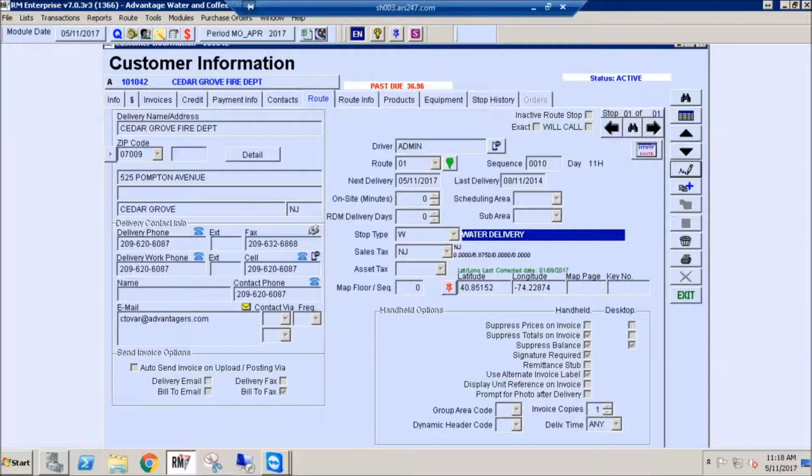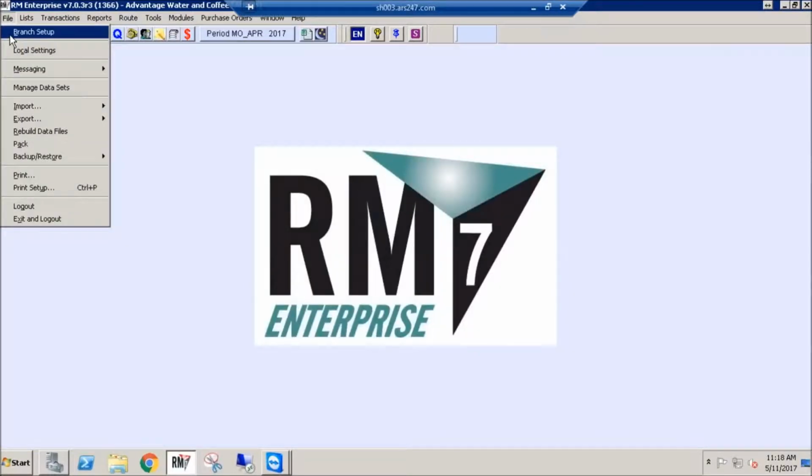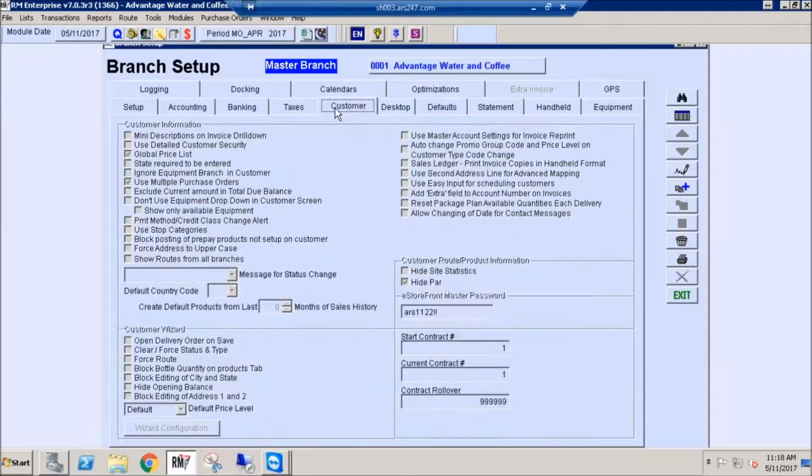Okay, one more feature we'll talk about here for the desktop is we now offer the ability to create default products from sales history. This feature is located under Branch Setup. So if we go to File, Branch Setup, and select the Customer tab, this will take a look at the number of months that you specify. In other words, if I come over here and say I would like to create my default products for the